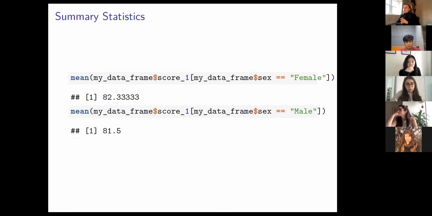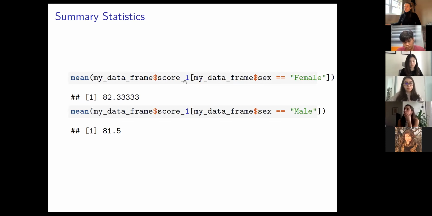Okay. One other really useful thing is, say I want to know what the average score is just for the females in the data. So the way that you would do that is, I know this looks confusing at first, but it's pretty straightforward. So you'll call the mean, you'll call the data frame and the variable you're interested in. So I'm only interested in score 1. And then you use these brackets to basically specify a condition that you want to find the mean score 1 of. So in this case, for this data frame with sex equals female,